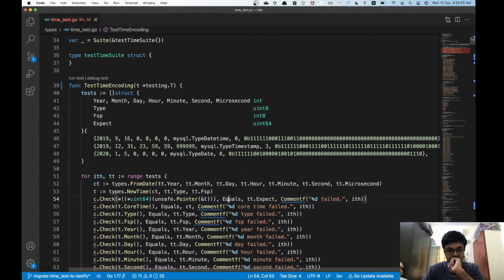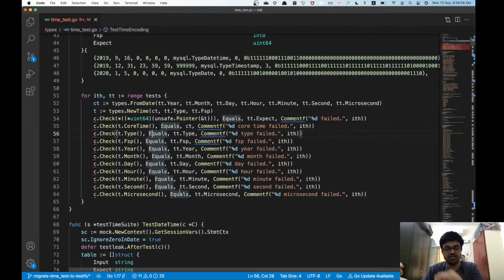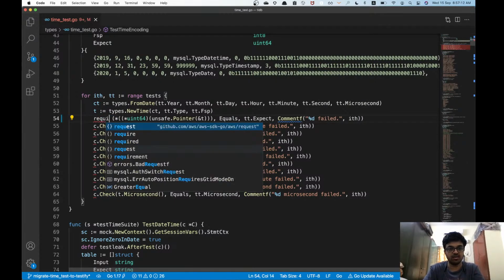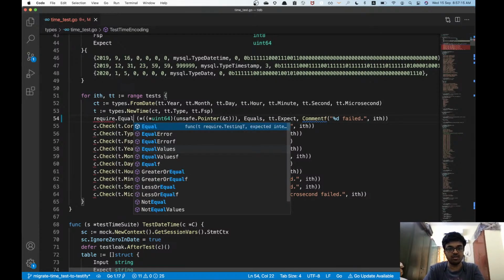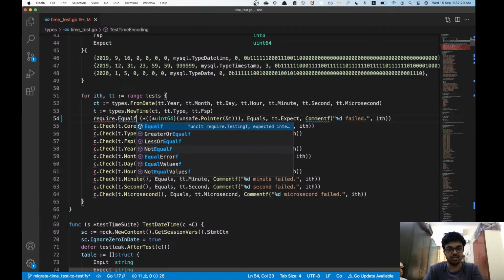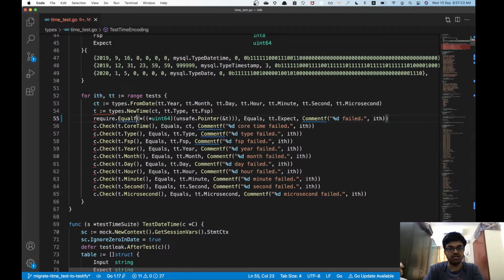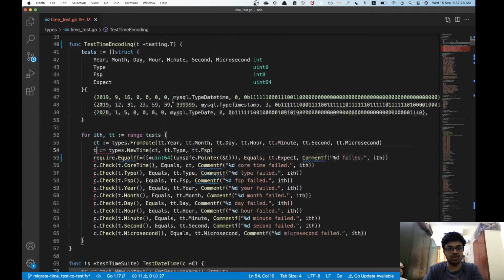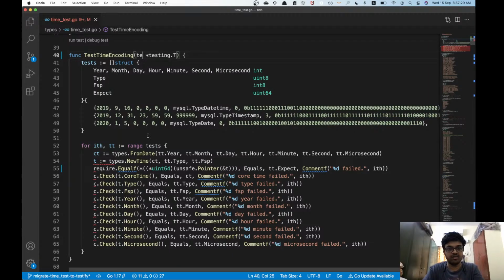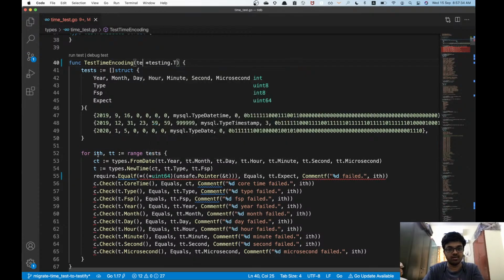Let's see. So this is an equals. Okay, a lot of equals. So what I can do is, there's also a comment over here. I need some sort of equals using testify, which is require.Equal, and I also need a comment in case there's an error. So I'll need an EqualF. Oh, there is a t over here, right? I'll have to just use te. And I'm wondering what to do about that.